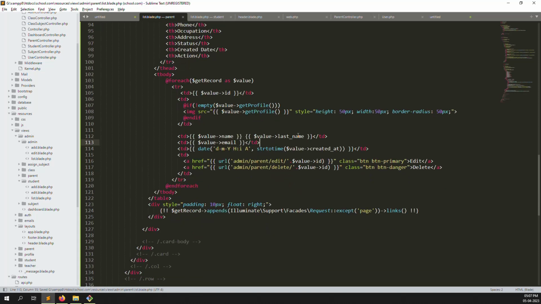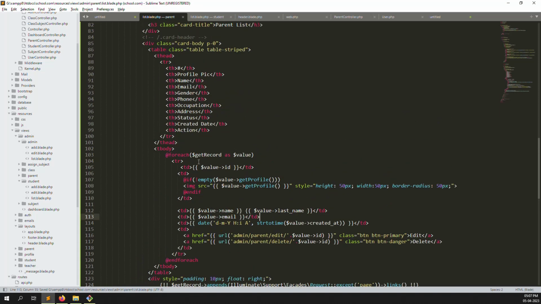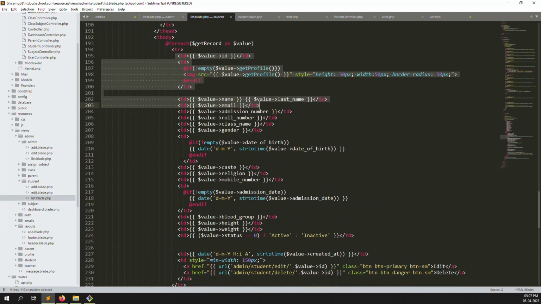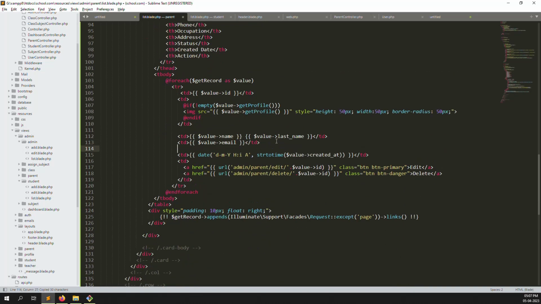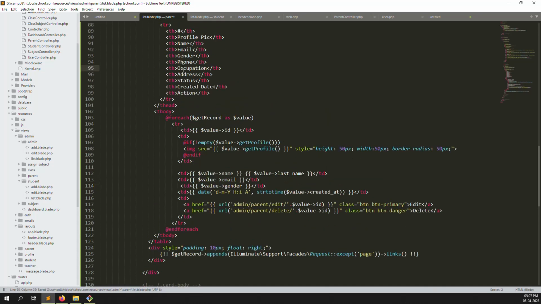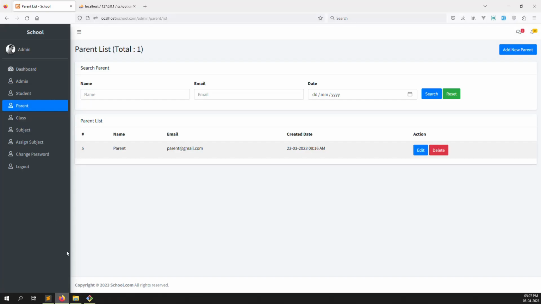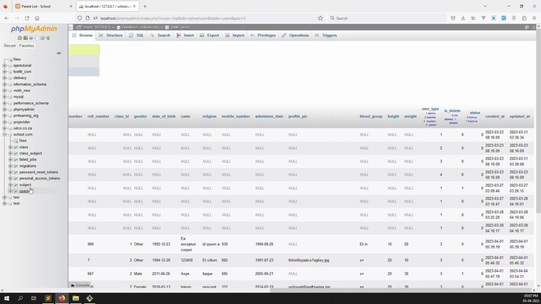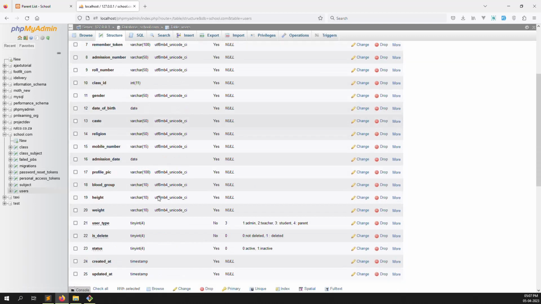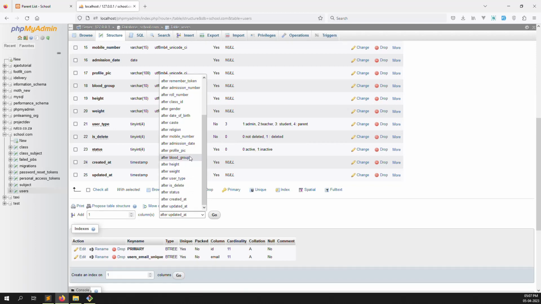Okay, name, email, last name also there, profile email also right, gender also we can make it here because we already there gender, so gender we can make here. Okay, after this is the column we need to add inside database: occupations. So just go to users, go to structures,